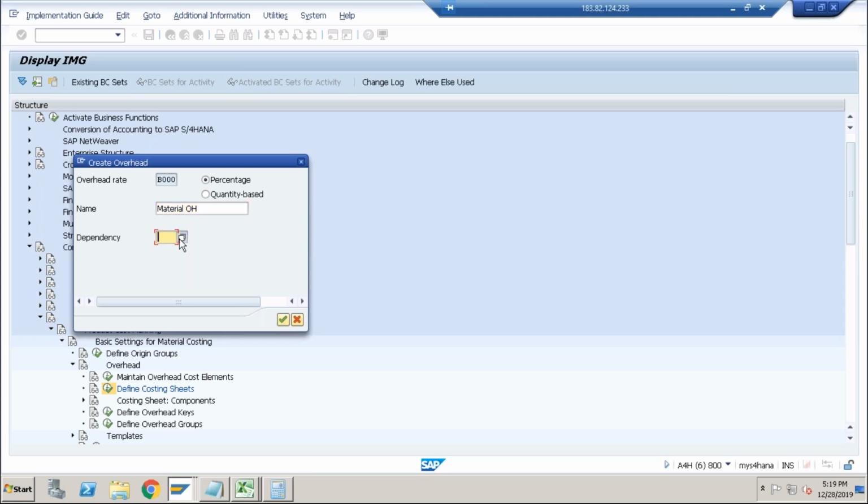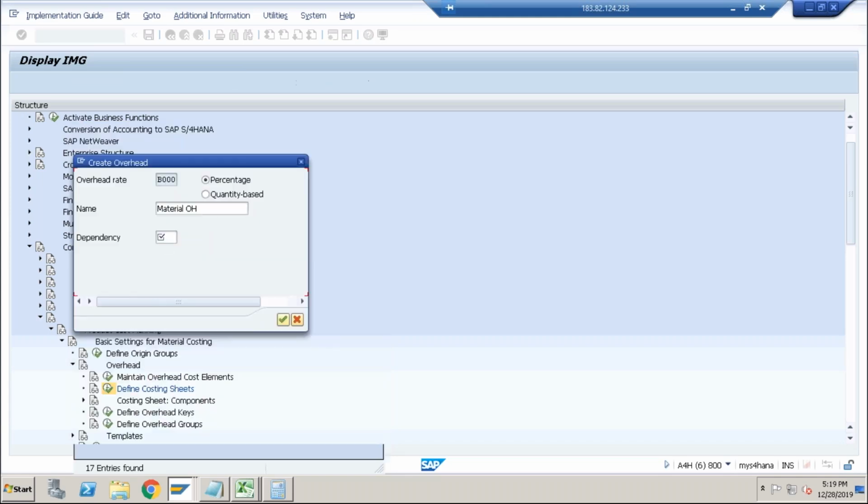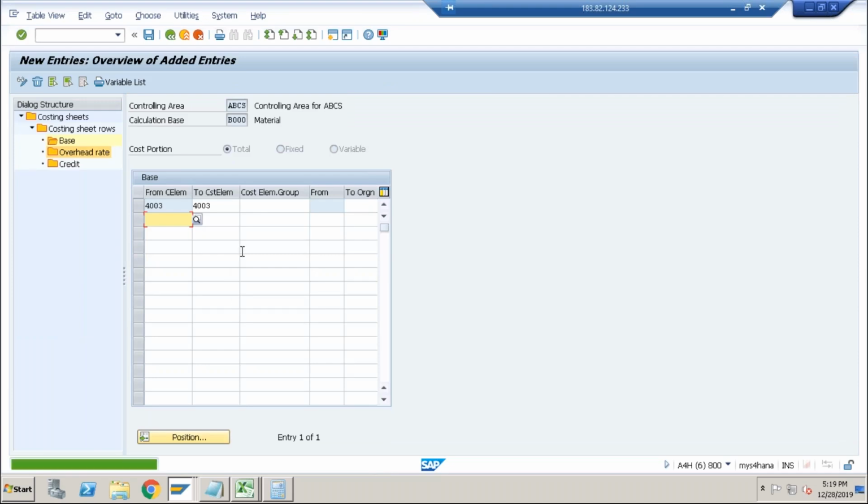Okay, and dependency on overhead type, plant, overhead key. I don't want to keep. Let's go with the plant itself. Okay, and percentage based. I told percentage based, which means if I select this,